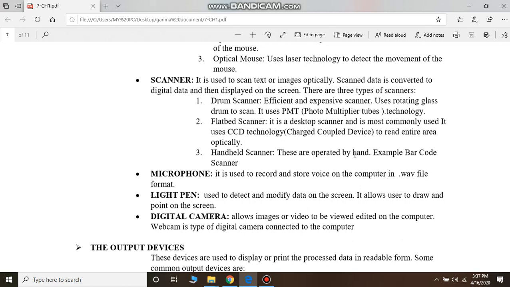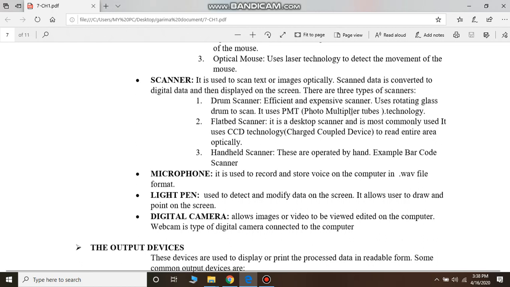So students, you know what does a scanner do? What it does is you place a document, you have a hard copy of a document, means you have a page, you want to transfer or you want to view that page on your computer, you use a scanner for that. You place your document on your scanner, press the scan button, and then you can view that page on your computer screen. So what you are doing, you are converting the hard copy to a soft copy using a scanner.